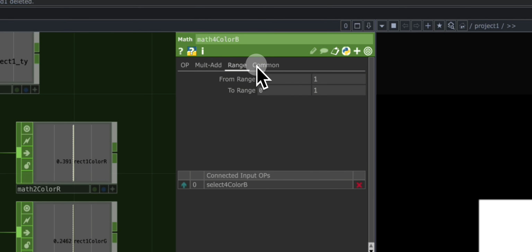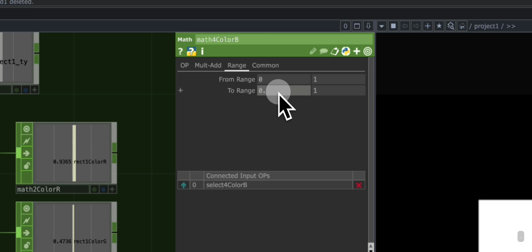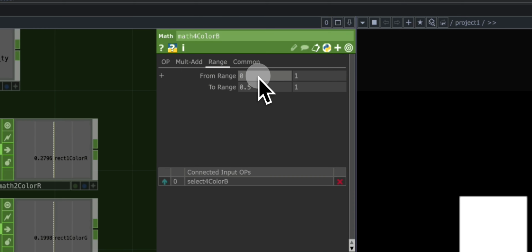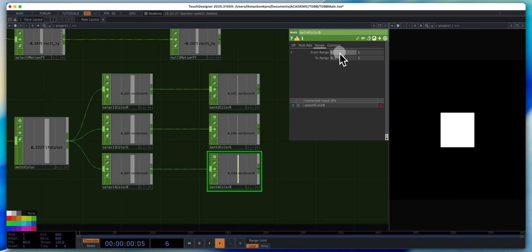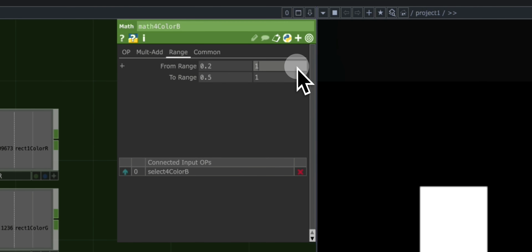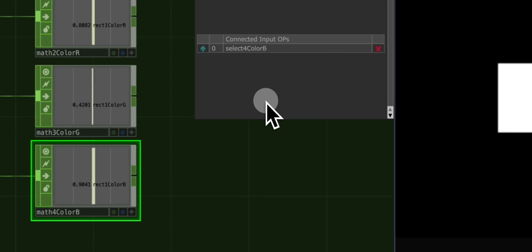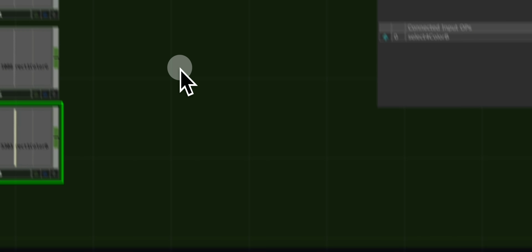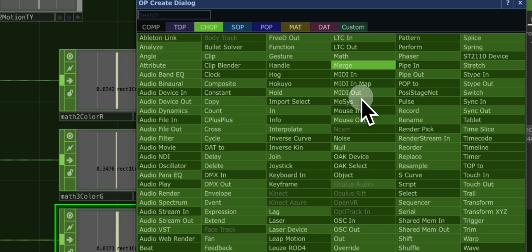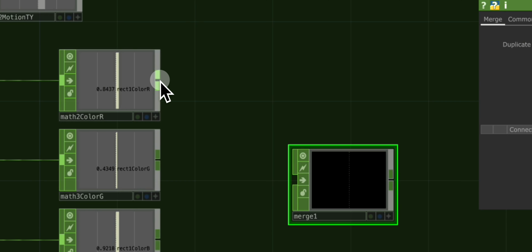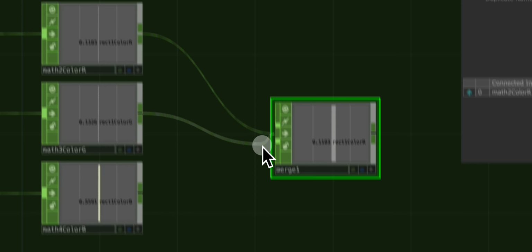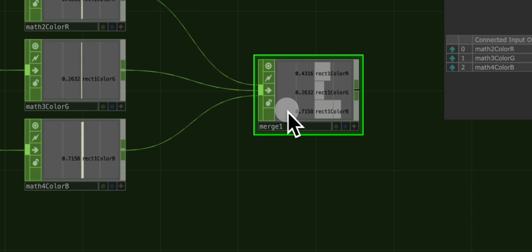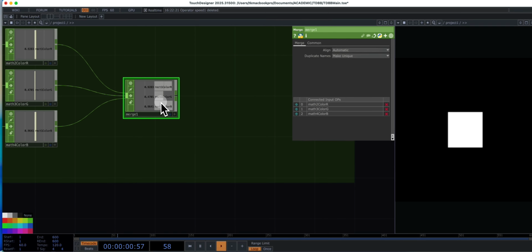And then we're going to go from 0.5 to 1 in our math 4 color B. And let's change that from 0.2 to 1.2. Okay, so we've set these 3, and now what we're going to do is add a merge chop. So we have a merge chop here. We're going to wire all 3 operators, your R, your G, and your B. So you should now see 3 values